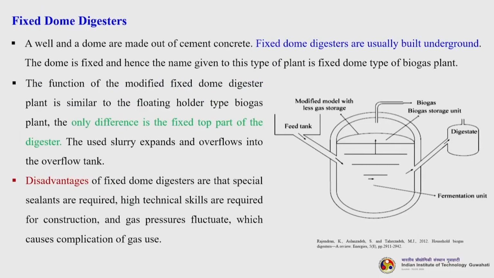The next one is fixed dome digesters. So, a well and a dome are made out of concrete, cement concrete basically. Fixed dome digesters are usually built underground. The dome is fixed and hence the name given to this type of plant is fixed dome type of biogas plant. The function of the modified fixed dome digester plant is similar to that of the floating holder type biogas plant. The only difference is that the top part of the digester,